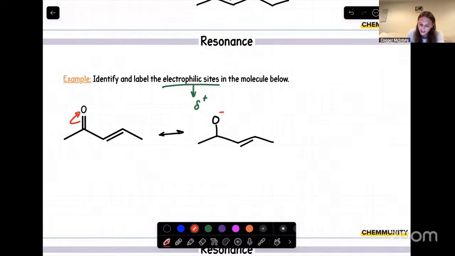We would have a negative charge on our oxygen because those electrons are falling onto the oxygen. And then we'll have a positive charge on our carbon. So that's one of the resonance forms we can have. And now, since we have a carbocation right next to a pi bond, we can still showcase resonance, have that pi bond move over, and from there we get a new resonance form